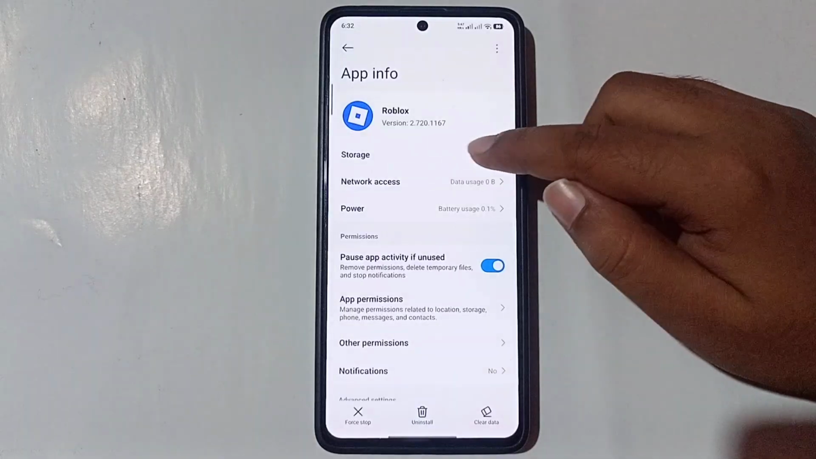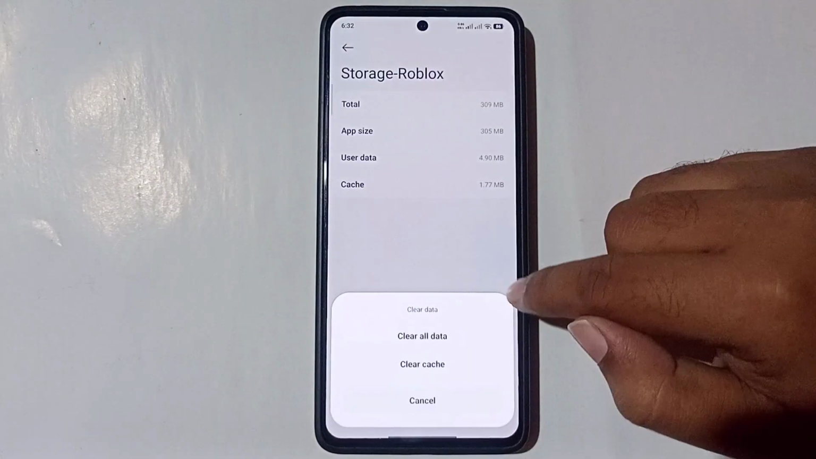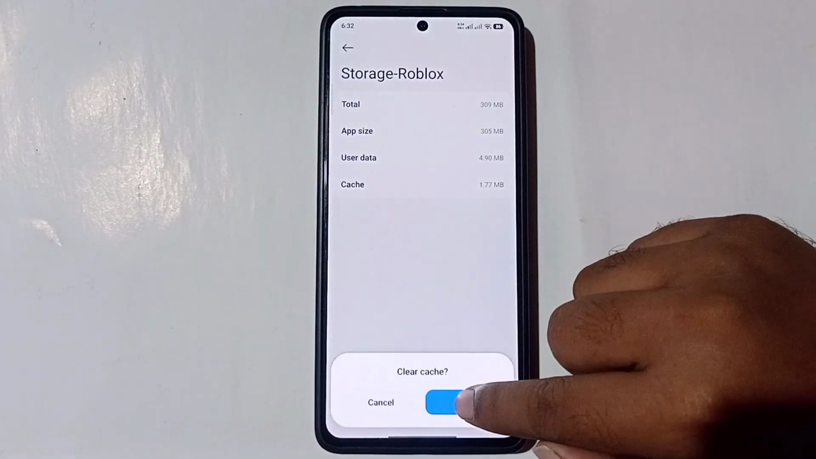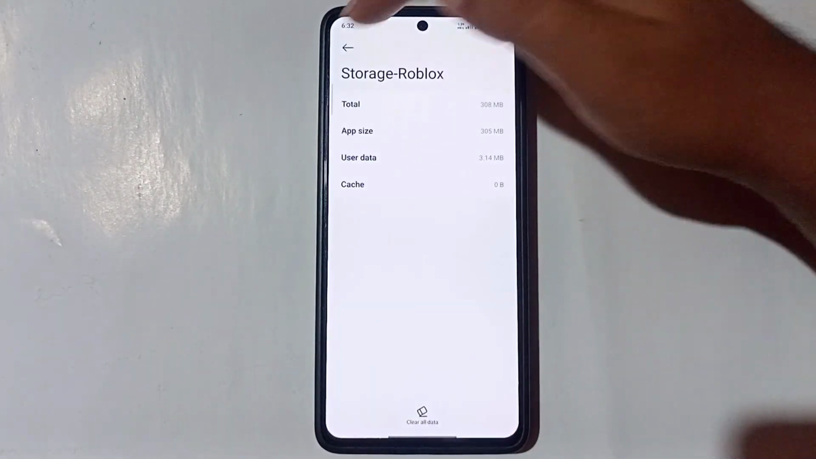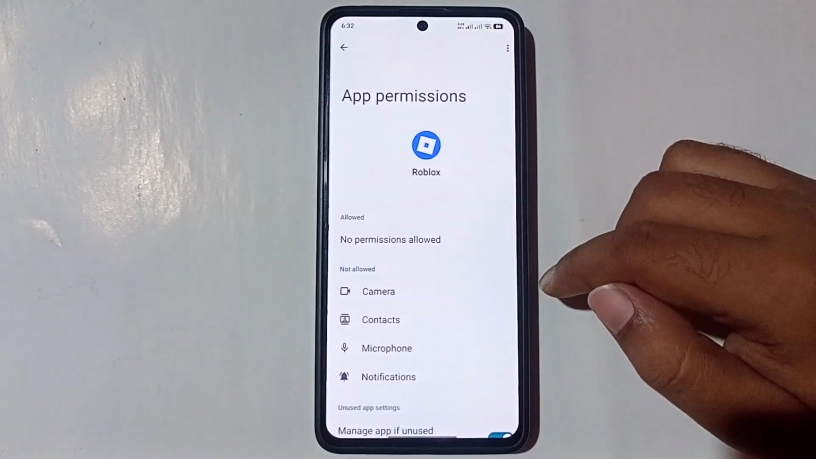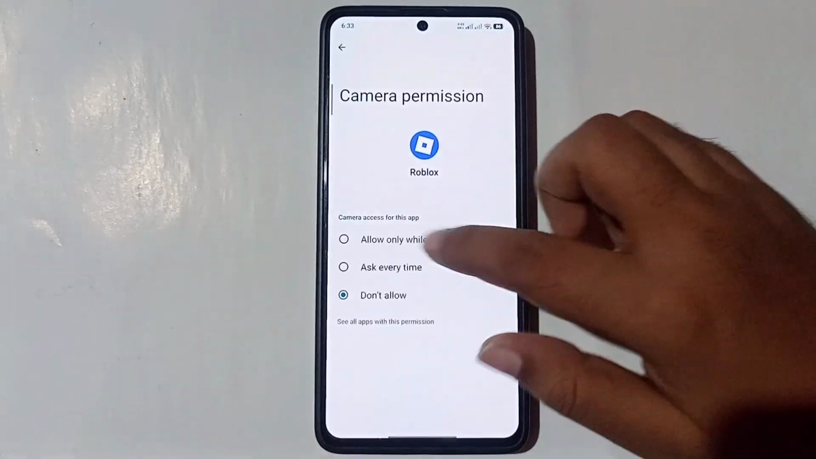tap on storage, tap on clear data, tap on clear cache, OK to confirm, go back to the previous page, tap on app permission and make sure all your permissions are allowed. Allow all permissions one